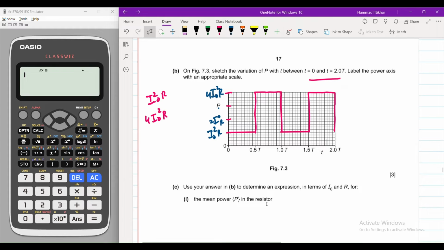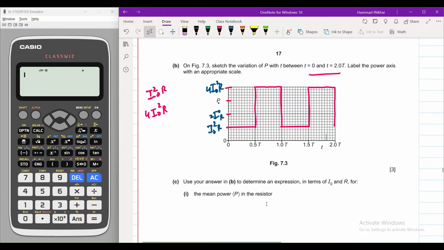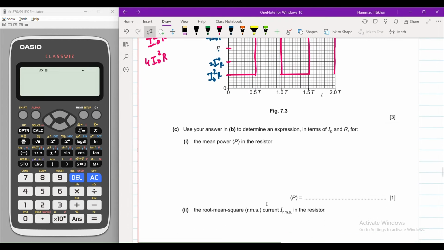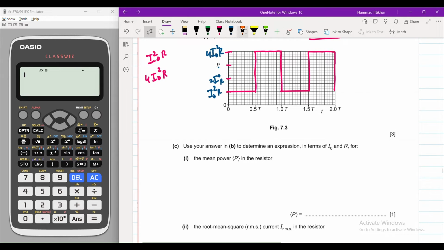Okay, use your answer in B to determine an expression in terms of I naught and R for the mean power in the resistor. For the mean of any function, we sum up all the values, or we take the area under the graph and divide it by the total time. So the mean power is equal to 1 over T times the area, which is